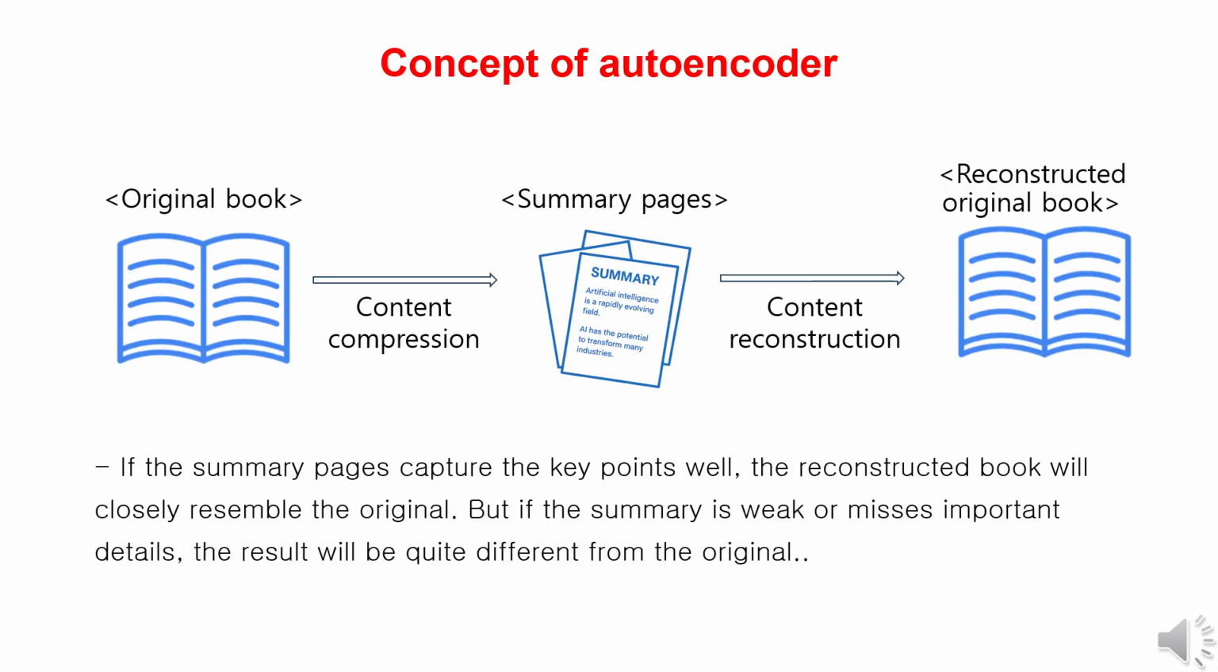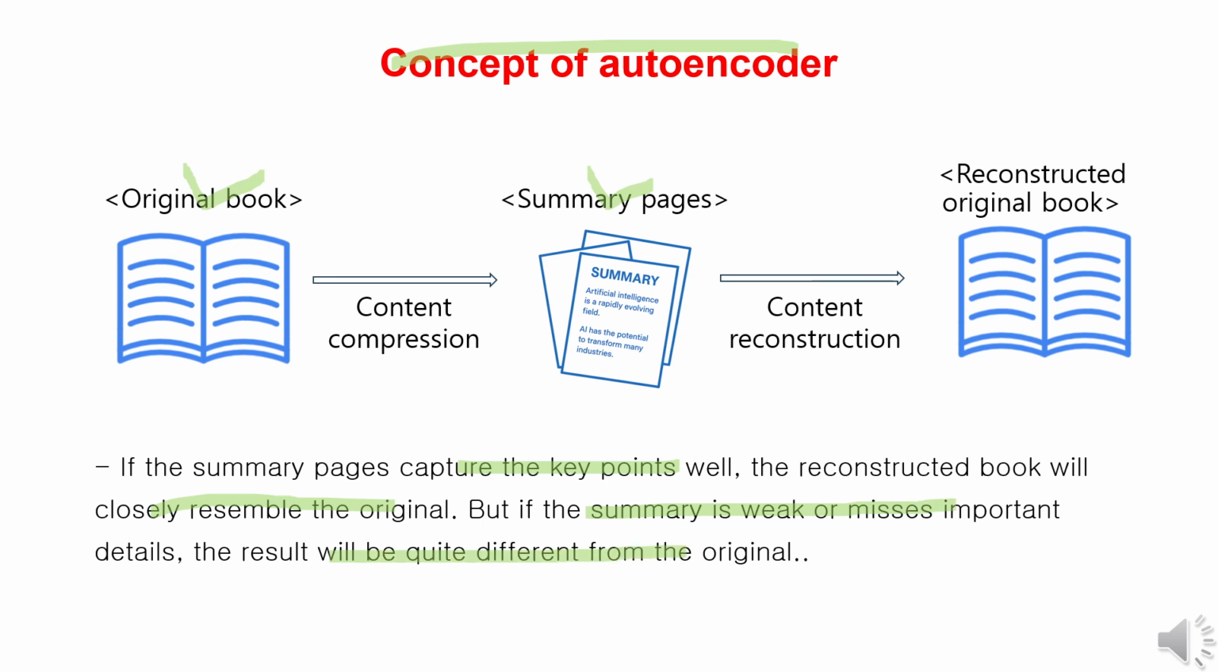Let's understand the concept of an autoencoder with an example. Imagine you have a book. If you summarize that book into a few pages and the summary captures the key points well, then a book reconstructed from that summary will be very similar to the original. On the other hand, if the summary is poor or misses important details, the reconstructed book can be quite different